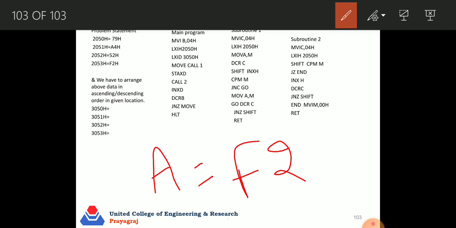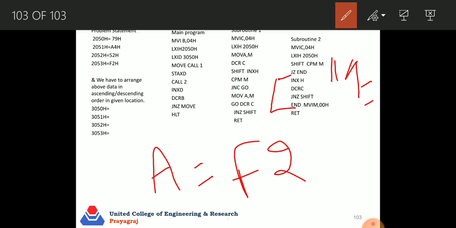So here LXI H, that means the memory is loaded with 79, and compare M compares it with 79. JZ: if the accumulator is equal to M, then the zero flag will be set, jump if zero,